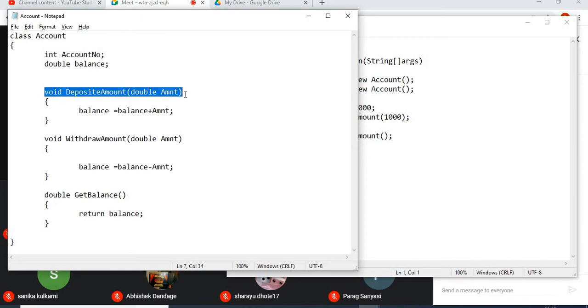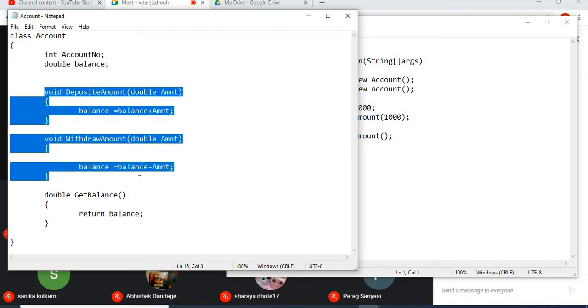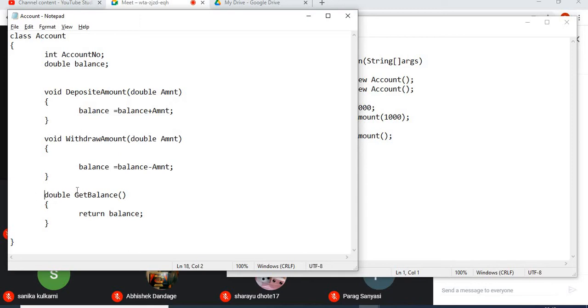If it requires any external data to be sent while calling, it will have the parameter, otherwise it will not have, right? So deposit amount and withdraw amount, these two operations need the external data to be sent, hence both of them have parameters, whereas this get balance doesn't need any external data, hence it doesn't have a parameter list, but still the empty parentheses are required to be there, right? So these three things are important to define any method.